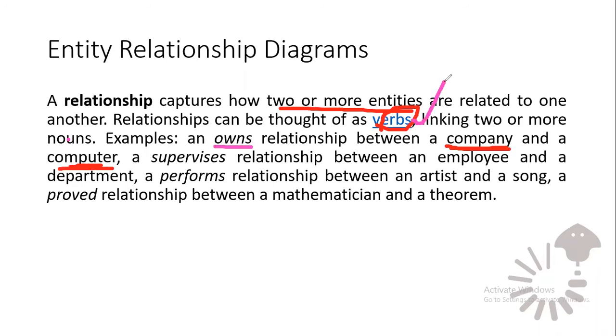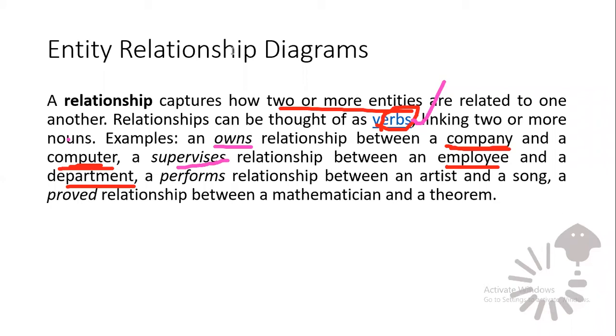Sabi niya, verb. Another example is employee and department. Ang relationship is supervise. Employee is entity, department is entity, relationship is supervise. So, employee supervises department. So, parang pag bumuo ka ng sentence, halimbawa dun sa first one, company,